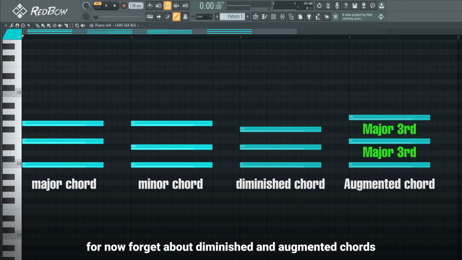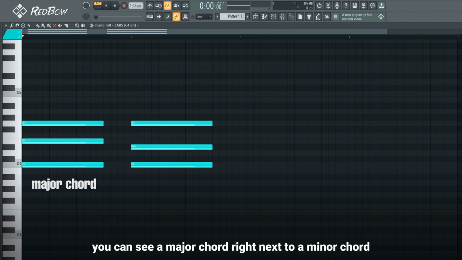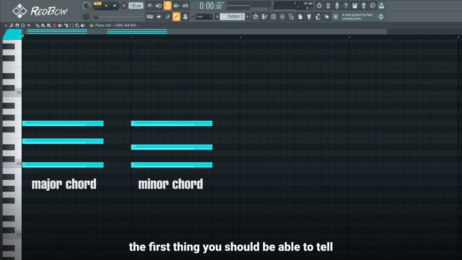For now, forget about diminished and augmented chords. We'll cover those later. Let's focus only on major and minor chords for now. Here you can see a major chord right next to a minor chord. The first thing you should be able to tell is that their first and last notes are exactly in the